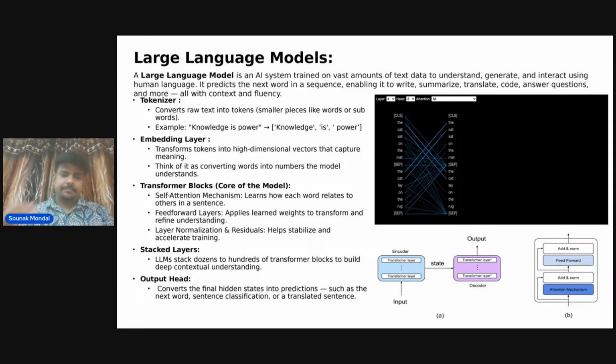Then it's embedded, and some transformer blocks work in the background,